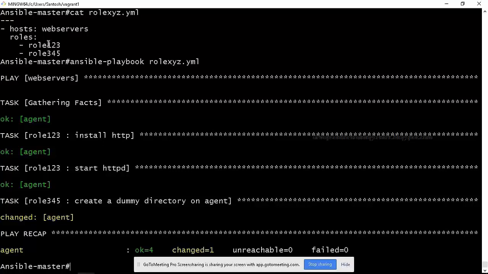So if this is executed on a set of groups, web servers will be set up. Let us say next the host is DB servers, the role will be common, and the next role will be MySQL. So the MySQL package will be installed, users will be created, passwords will be set up, configuration data will be done. All those things will be done using the MySQL playbook, right? So this way roles will be used.